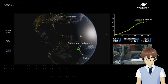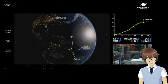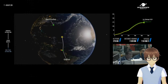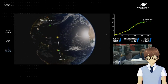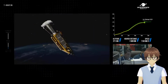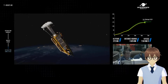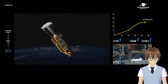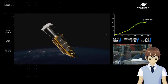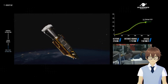Okay, and this speed, or the velocity, is almost enough to go to orbit, but this is the final step, where it's going to ignite the Avum Plus upper stage. We are going to see that. RD843 will ignite soon for the first burn, and for the second burn, it will be used to circularize the satellite into the sun-synchronous orbit around 666 kilometers